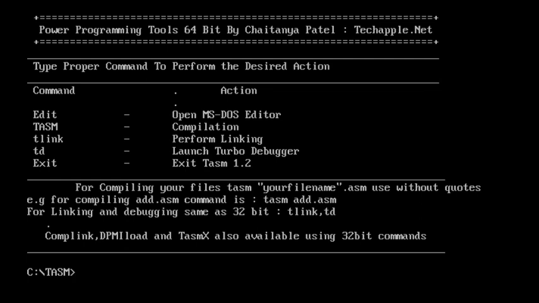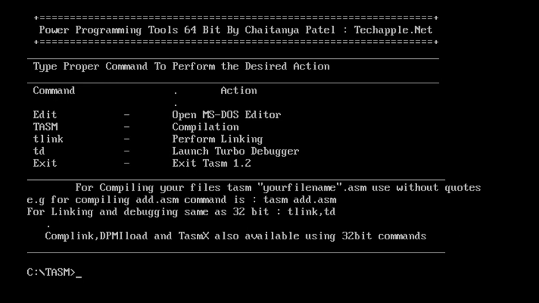In this particular video lecture, we are covering block transfer program by using string instructions. String instructions are sequences of bytes, and these always work on the data segment and extra segment. In 8086, the memory is divided into 4 segments: code, data, stack and extra.